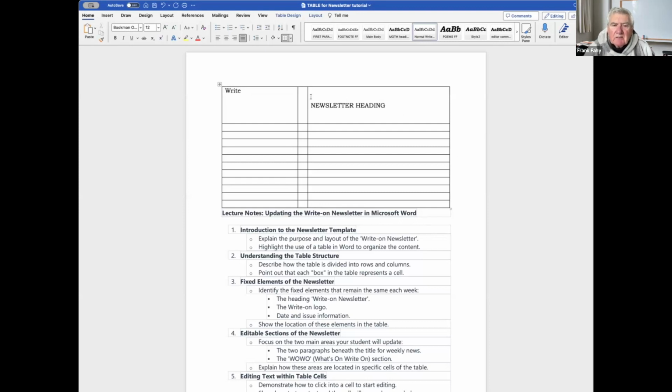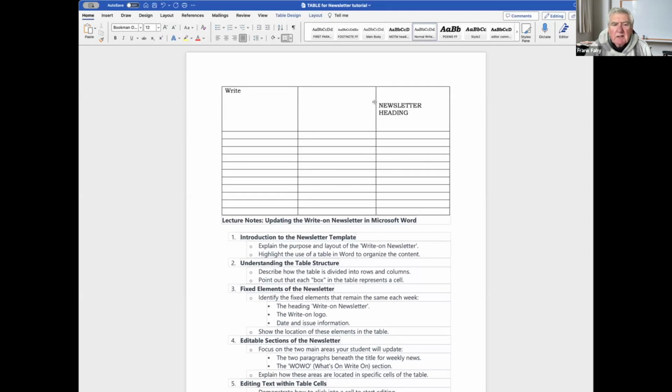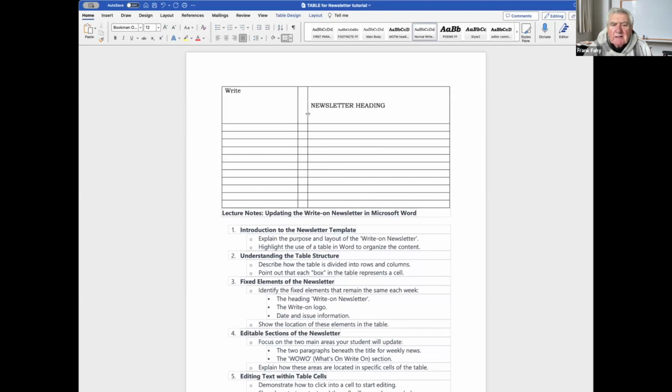So this table here started out as a 3-column table like this. And what I do is I just narrow in this table to make essentially 2 columns, one on the left, one on the right, ignoring this little narrow one here for the time being. Now, what goes up into this box here is the newsletter heading, the Write On heading. And over here, we have the Write On logo